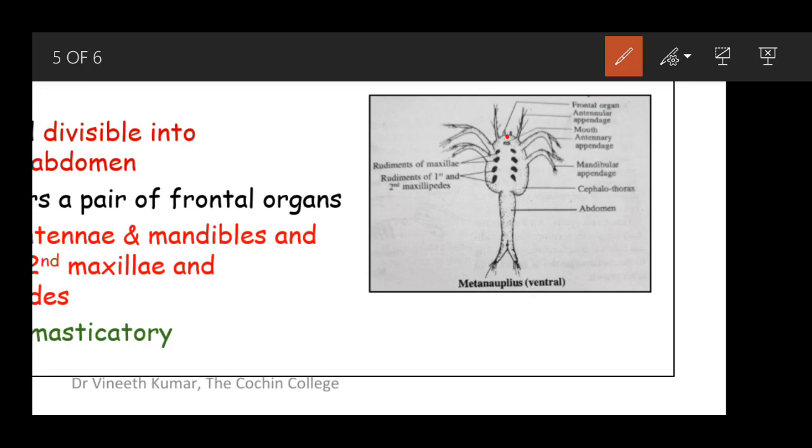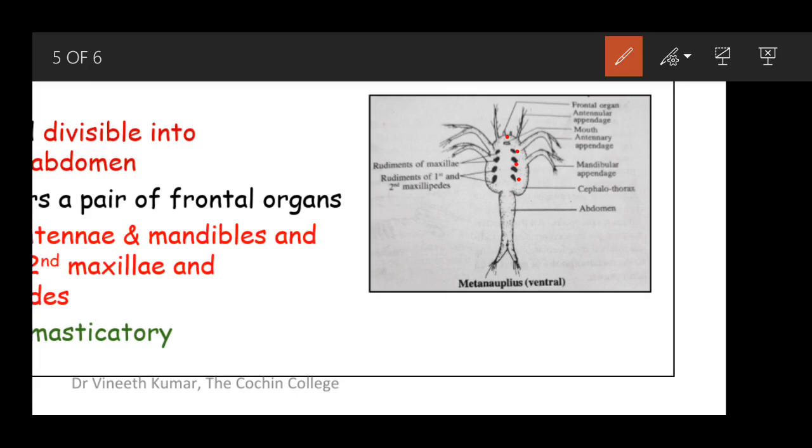Frontal organs are present, and it bears the antennules, the antennae, and the mandibles, which were present in the nauplius. And you can see the rudiments. Black dots can be seen here. So these are the rudiments of the next sets of appendages. They are the rudiments of the first and second maxillae and the first and second